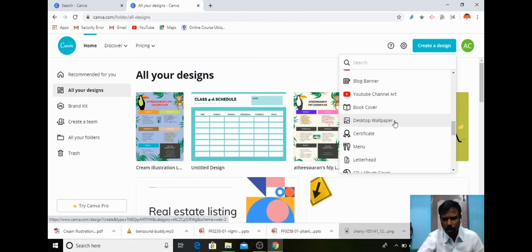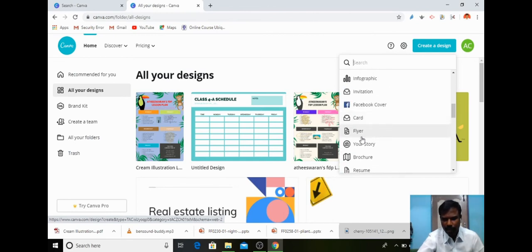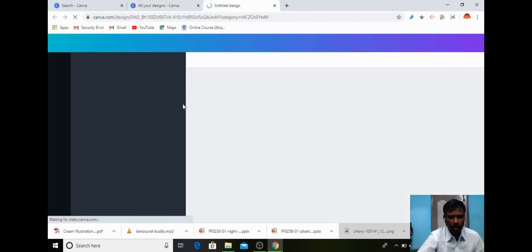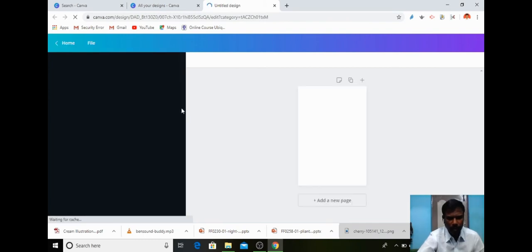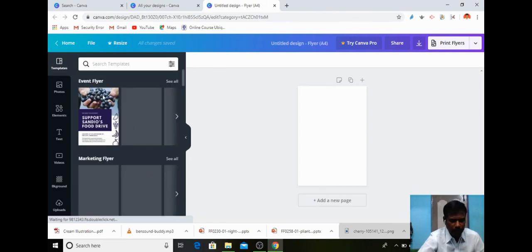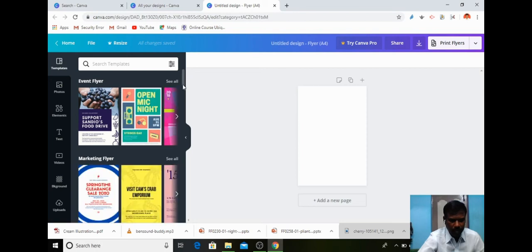I am going to take another example for designing a poster or a flyer. So I take this flyer option. Now Canva has a lot of templates under the category of flyers. On the left hand side you can see the templates.